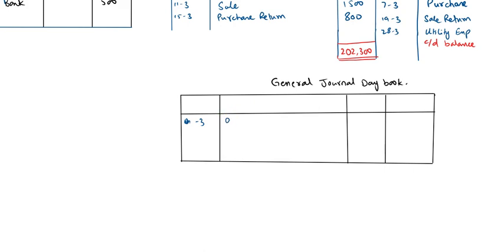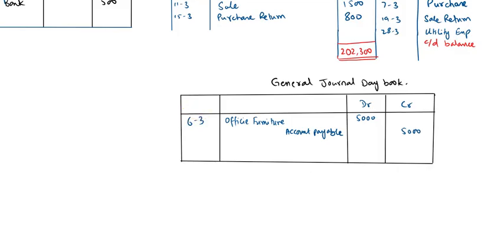We will record the complete entry on 6th March: office furniture debit, and account payable. Although it's a credit transaction, it's not a credit sale transaction or credit purchase transaction. It's a credit transaction, but the transaction relates to a non-current asset. So the amount was 5,000 debit and 5,000 credit. So this is entry number one which we recorded on 6th March.